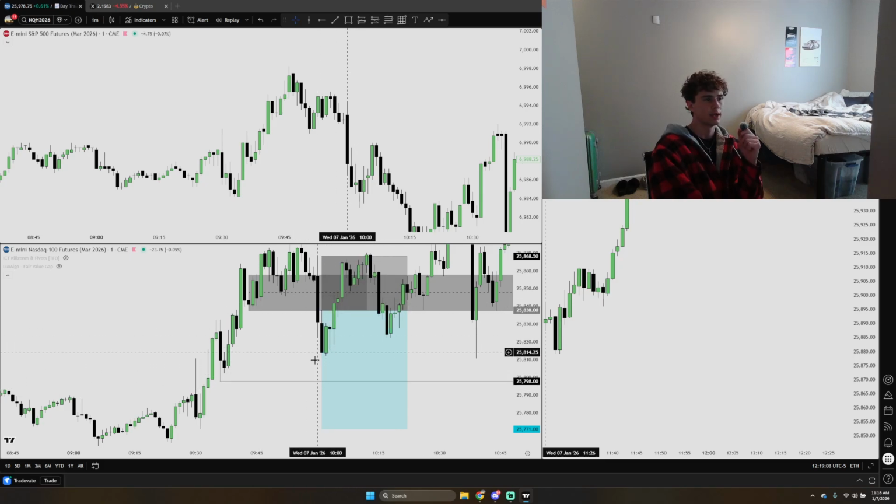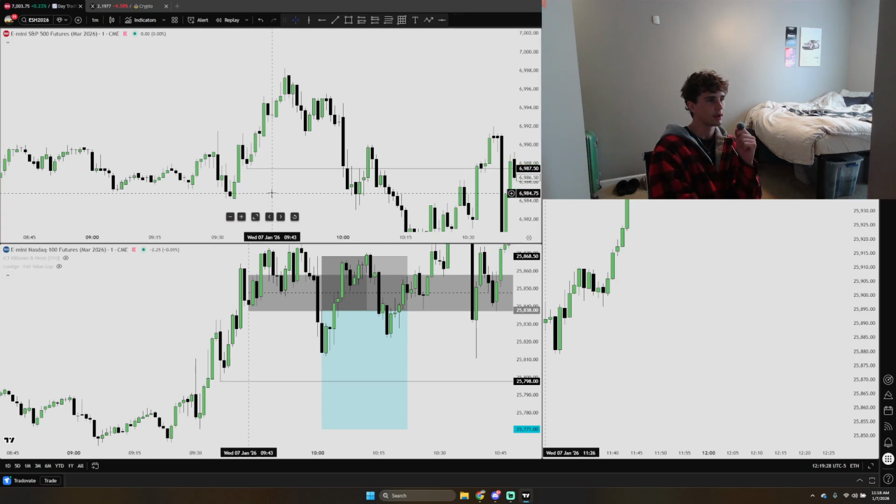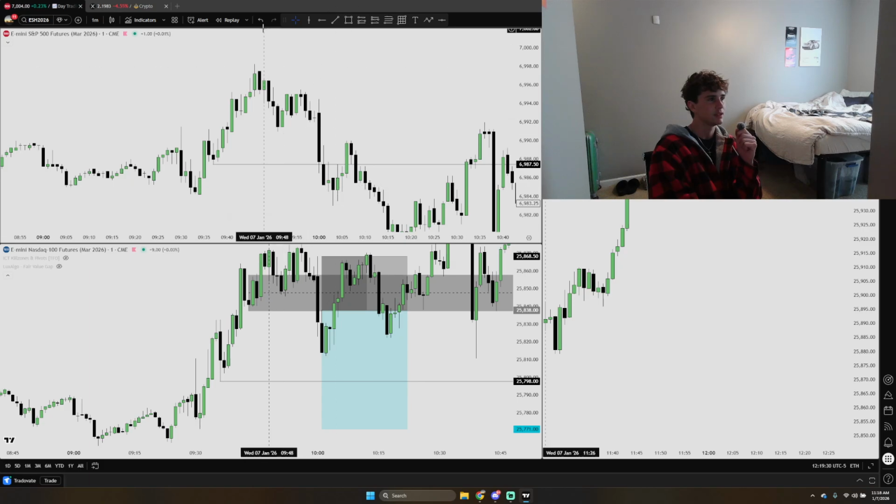We were probably thinking, well, Colin, it didn't take the invalidation low. Well, if our invalidation low is right here on NASDAQ, this is the first kind of target that price could reverse off of. It's pretty much the first liquidity point where price could reverse. It's going to be the exact same thing on ES. So our invalidation low on ES is going to be this low right here. As you can see,